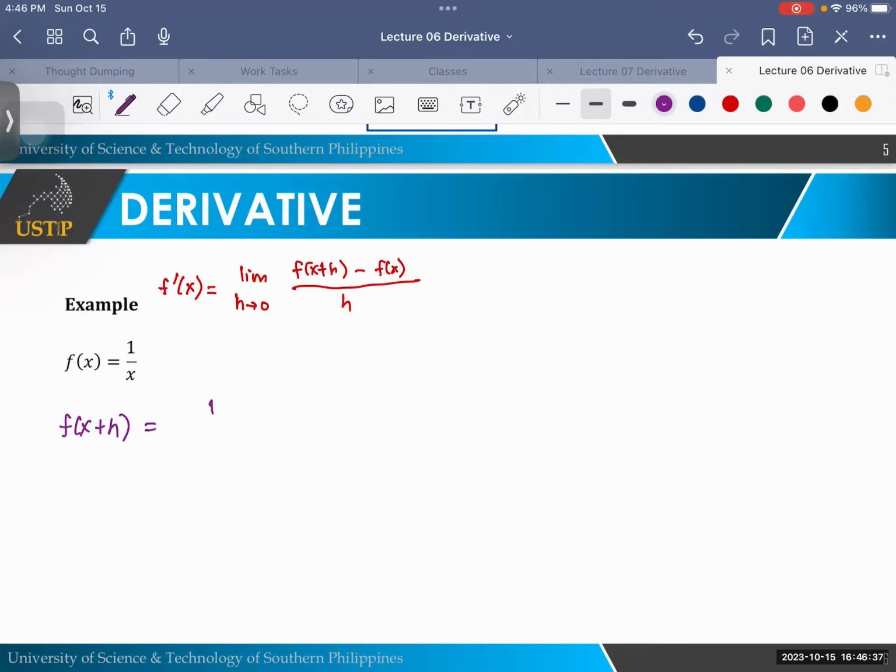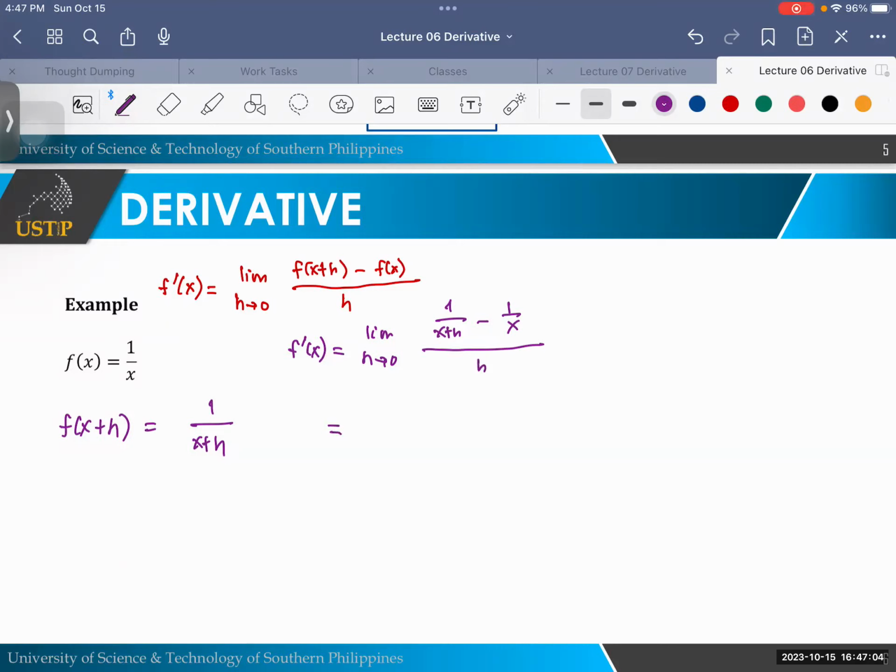So, very simple, class. That would be 1 over x plus h. Okay, so then, let's get its derivative, f prime of x. So, that would be the limit of f of x plus h, class, that would be 1 over x plus h, minus f of x, that is 1 over x, all over